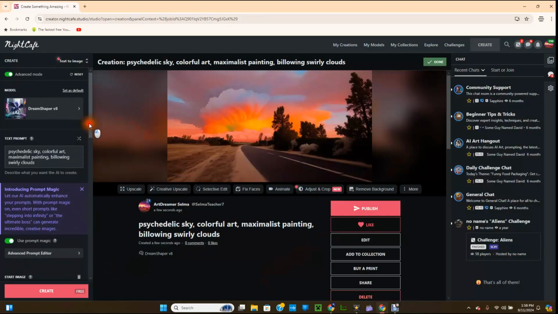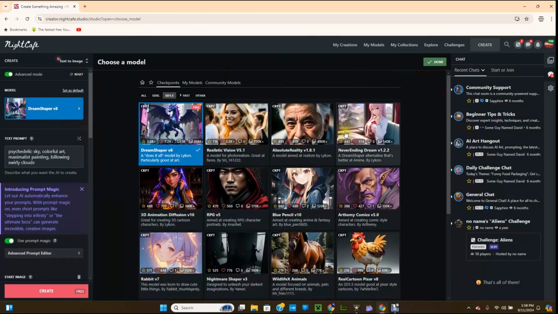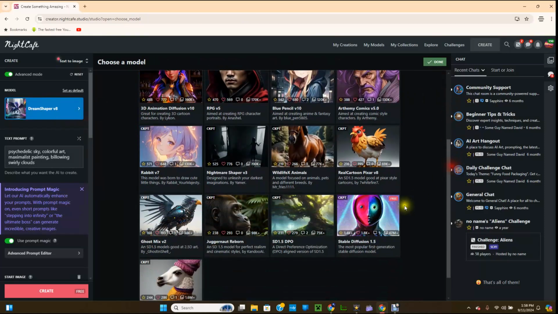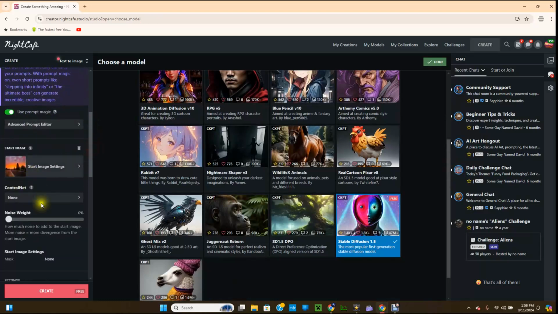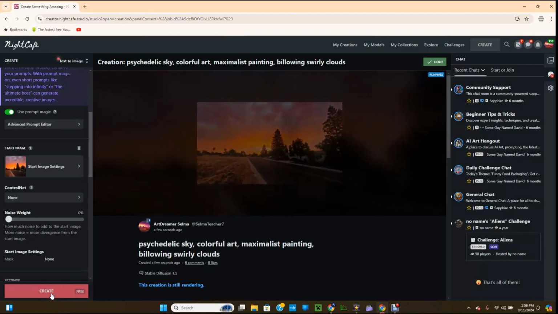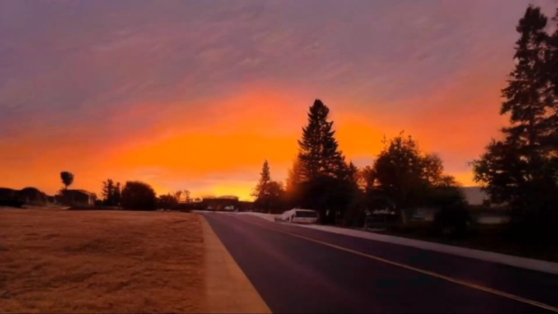Alright, let's go back. Let's change the model again. Let's choose the Stable Diffusion 1.5. Same prompt, same image. And let's click on Create at 0 noise weight. There we go.